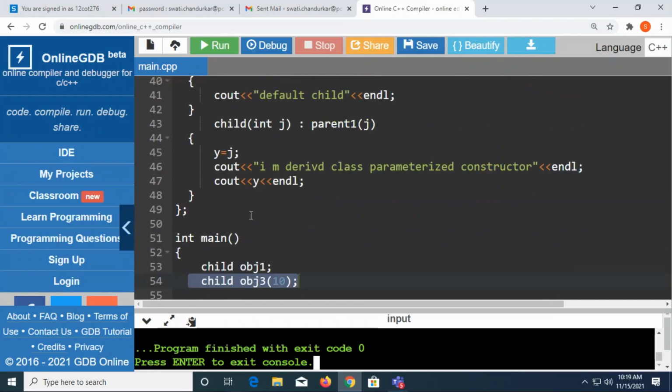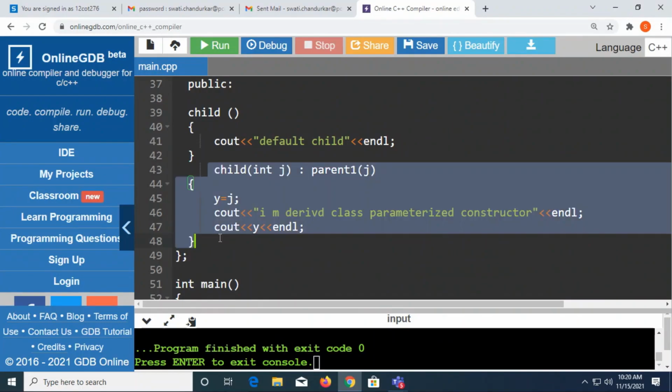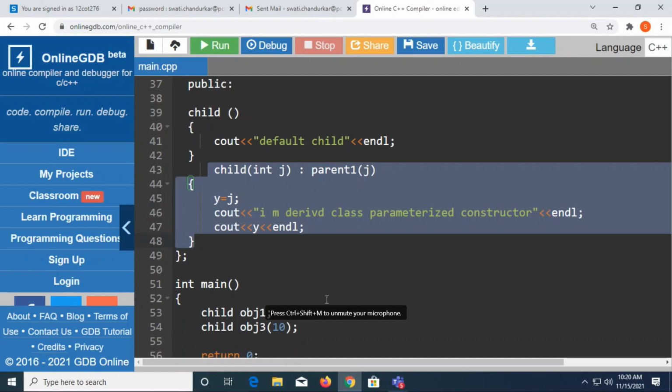But the only thing is, when you work with default, you need not specify it explicitly. But when we are talking about the parameterized constructor of the base class, you need to pass the control explicitly. So this is how we execute the parameterized constructor in inheritance. Just go through it once. You can take a screenshot if you wish, or you can write it in your copy.